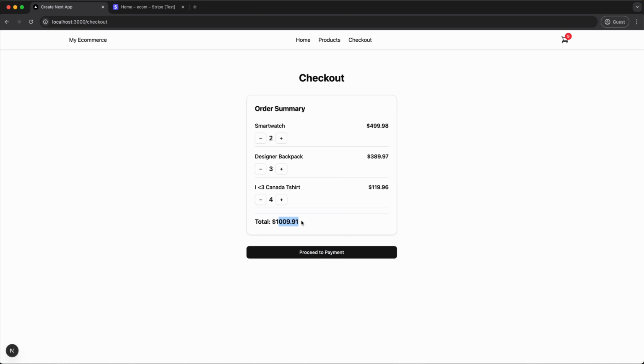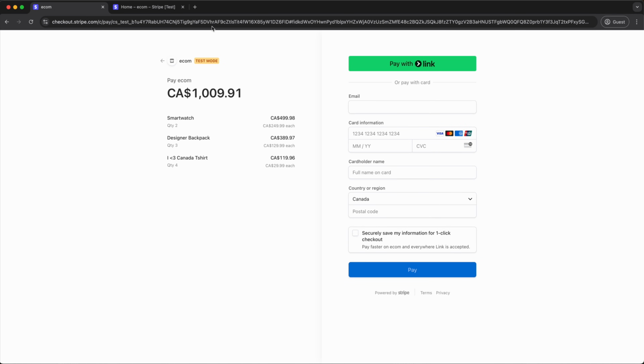Now let's test to see what happens. So the total here is $1,091. Let's click proceed to payment. When I click on this, we should be brought to the test mode of the checkout page for our Stripe account. You can see it actually got all of the correct items, and it also got the correct quantity for each of them. Now, all we have to do is put our information over here and make the payment. Now, if you want to test what would happen if you actually pay for it,